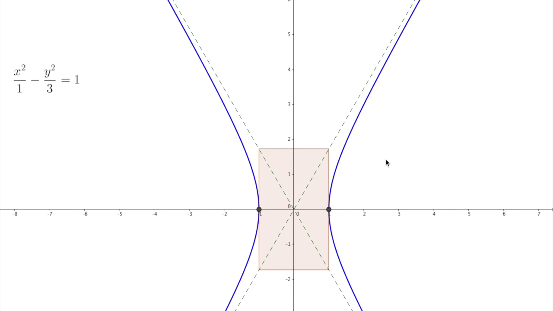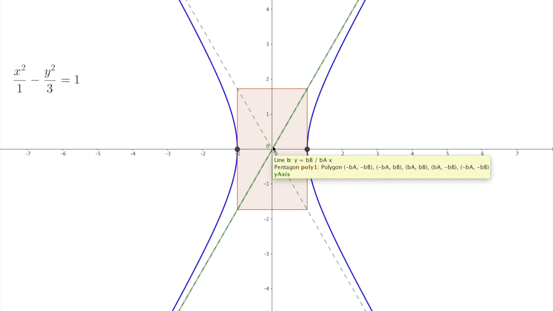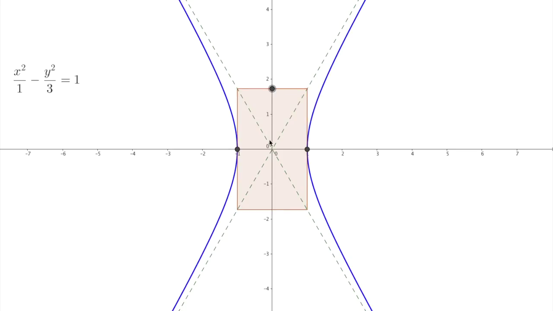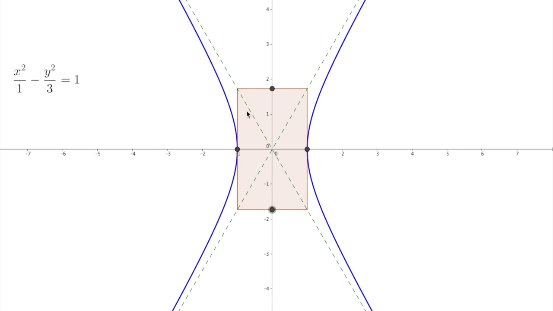So another way of graphing this, rather than dealing with the equation of the line, is actually kind of simple. Let me grab some points here. You would do the A and the B measurements on the graph just like you would an ellipse. So in other words here, A was equal to 1, so you go 1 to the left and 1 to the right and plot those 2 points. Now B was equal to 1.7, which is right here. So you would plot this point, and you would go down 1.7 and plot that point. The only difference is, instead of drawing an ellipse through these points, you're going to draw a rectangle through these points,